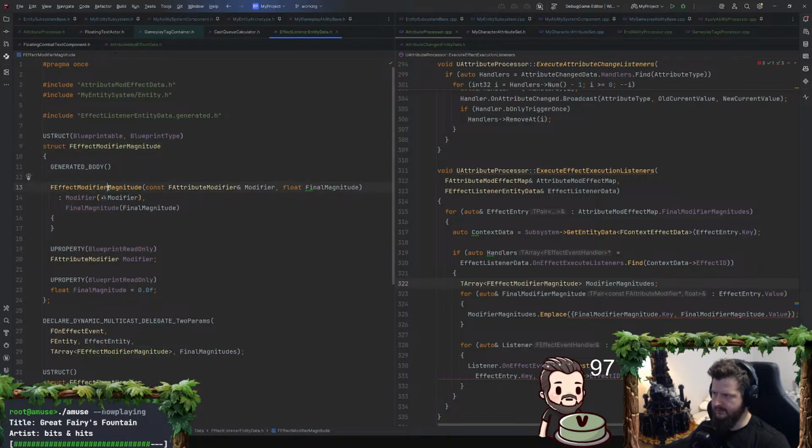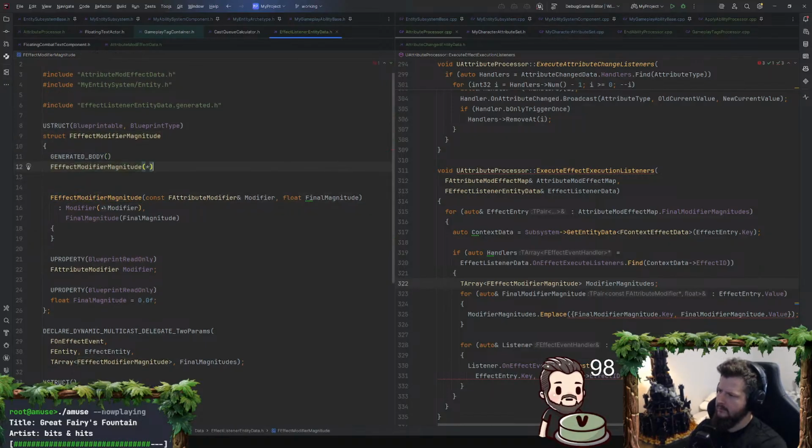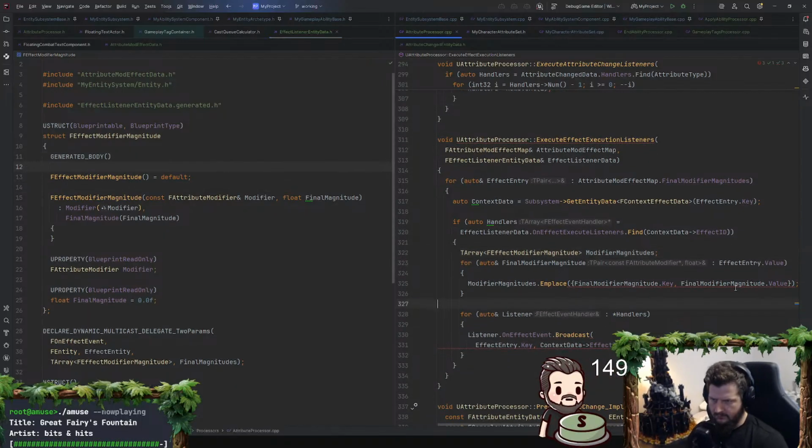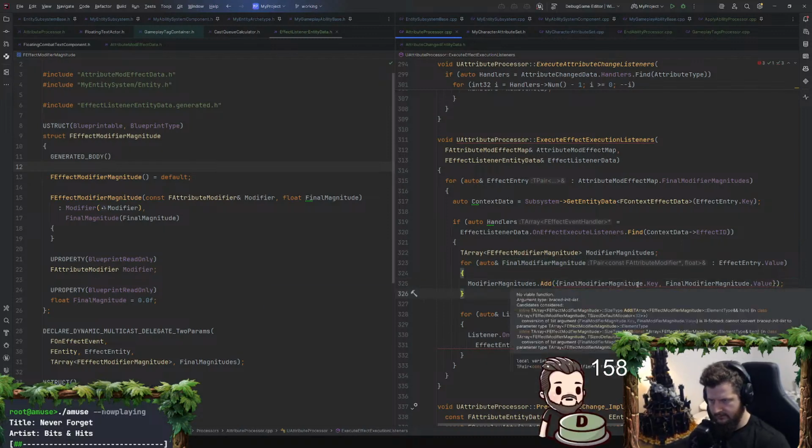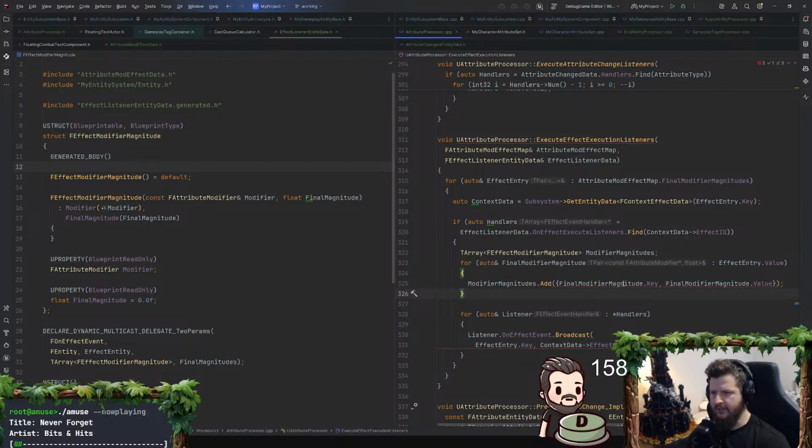Is that effect modifier magnitude? Make a default constructor. Modifier magnitudes. Why can I not in place? Did I do add there? Final modifier. Oh, I need to do one of that. Yeah, there you go. Now in place.